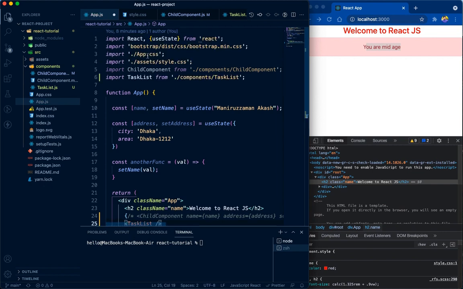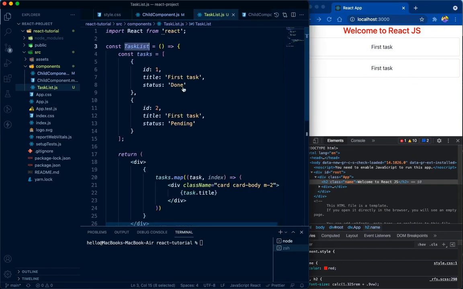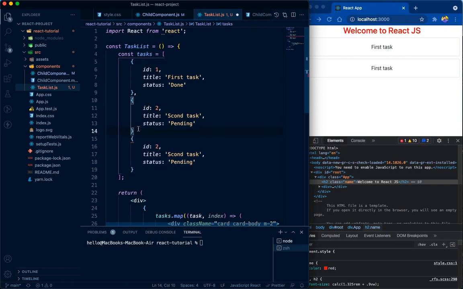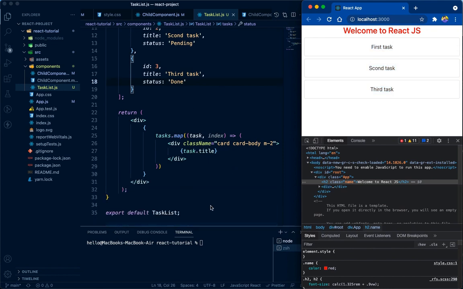Import, it is imported at the top here. Save as, save, and wow, so this is our task. First, actually both are the same task. I have not updated it. Second task, and I'm also adding another called third task, and it would be done. Okay, so there is first task, second task, third task, and based on our